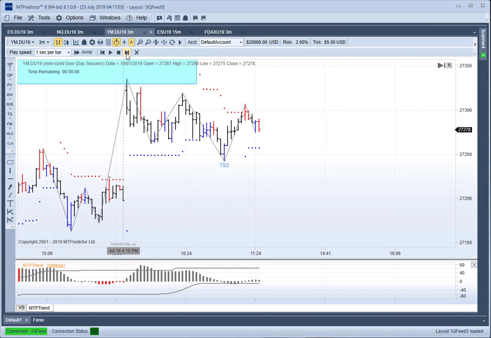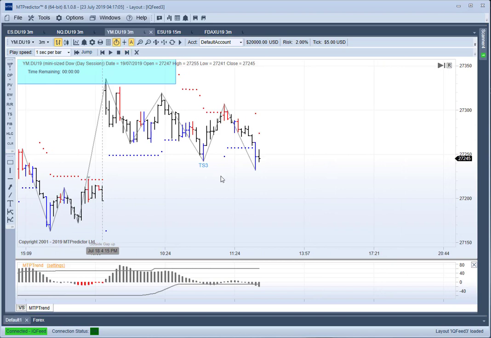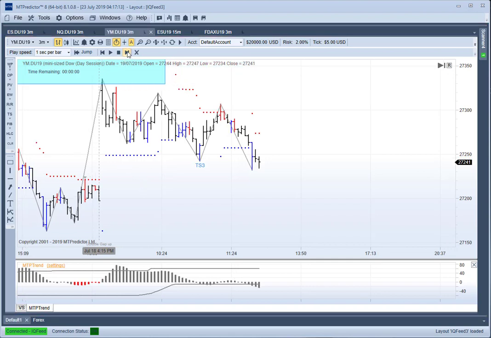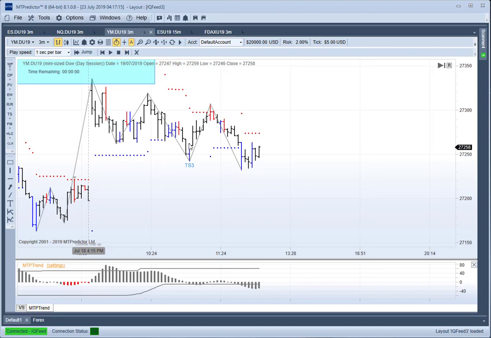Let's move forward. But sure enough, the market then starts to go down, and you would have actually been stopped out. So of course it would have been the right decision, because you had the confidence you were coming off this higher time frame resistance. We now move forward. The market has gone down.